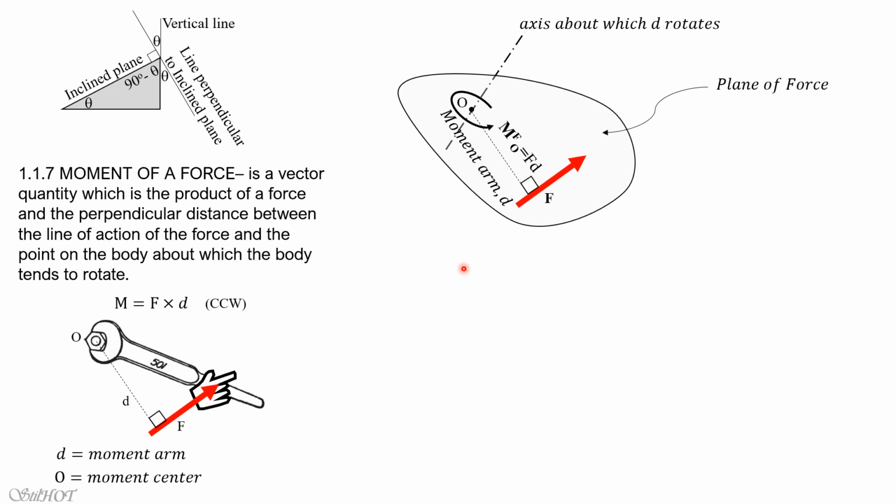So the direction of the double arrowheads is your right thumb, and the curling of your forefingers about that axis would be the direction or the sense of that moment. So to give you the idea, this is your right thumb, for example, and you look at your four fingers, the curling of your four fingers will be in the same sense as the moment of this force here. So that's it for this